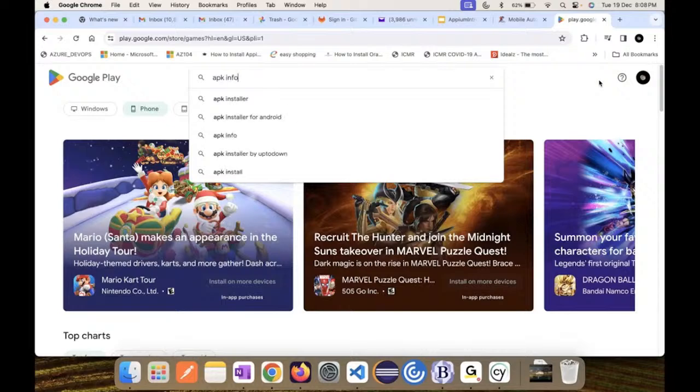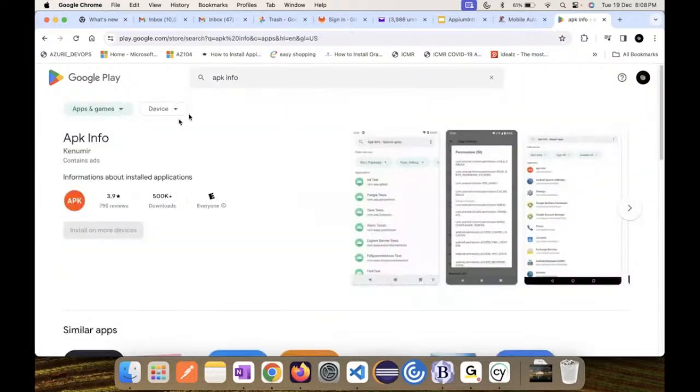This is a tool. If you haven't installed it, just try installing it inside your Android device.